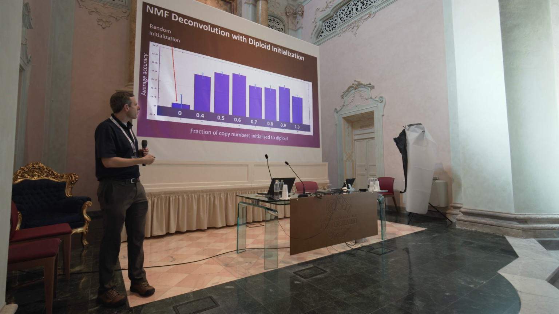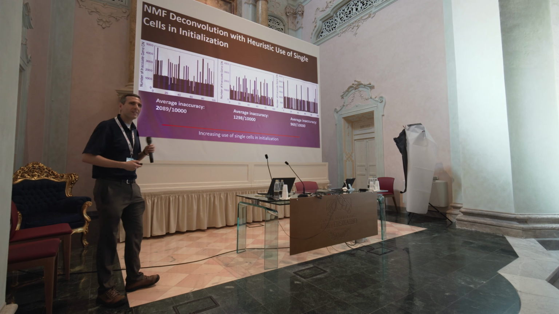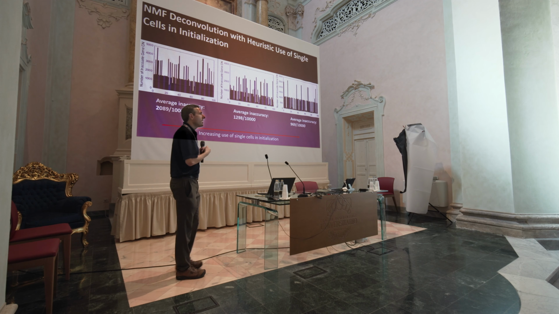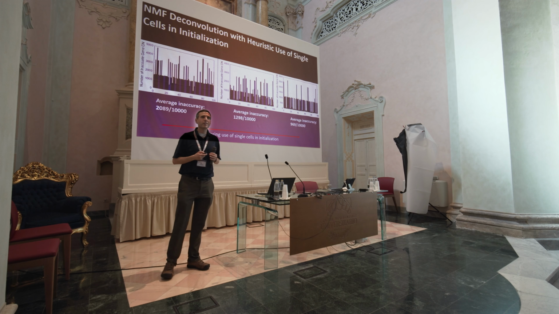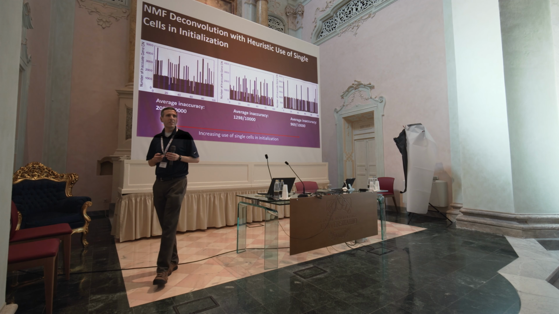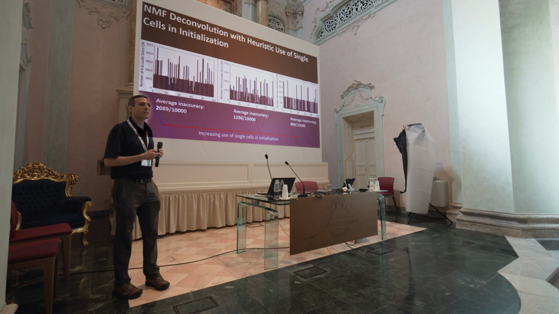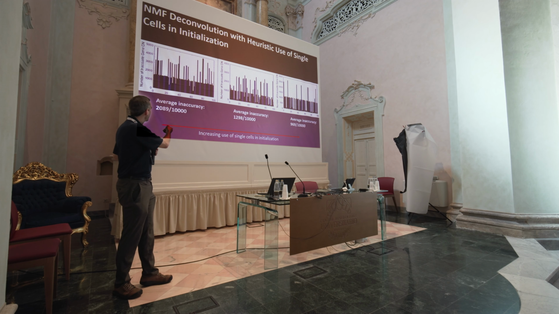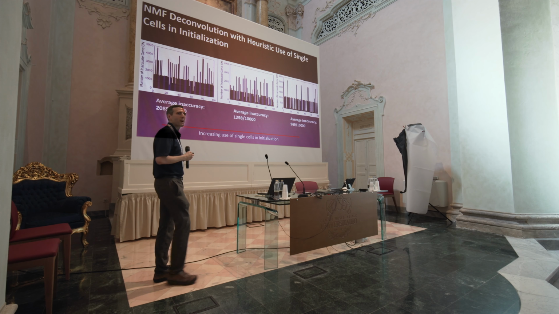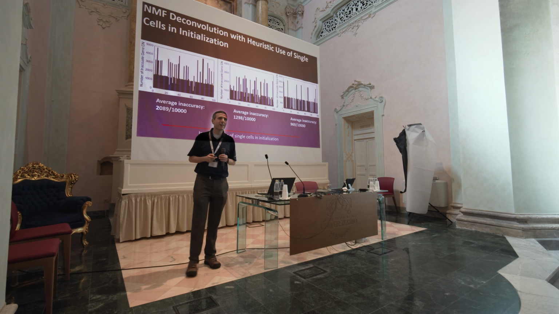But you can use a similar intuition to throw in single cell data heuristically, more or less just initializing your non-negative matrix factorization with single cells and asking, does that lead to an improvement? Just telling it, start looking around for things that look like your single cells. And the answer here is that it does. At least in the semi-simulated data, that gets you from about 50% accuracy to about 90% accuracy in your deconvolution.